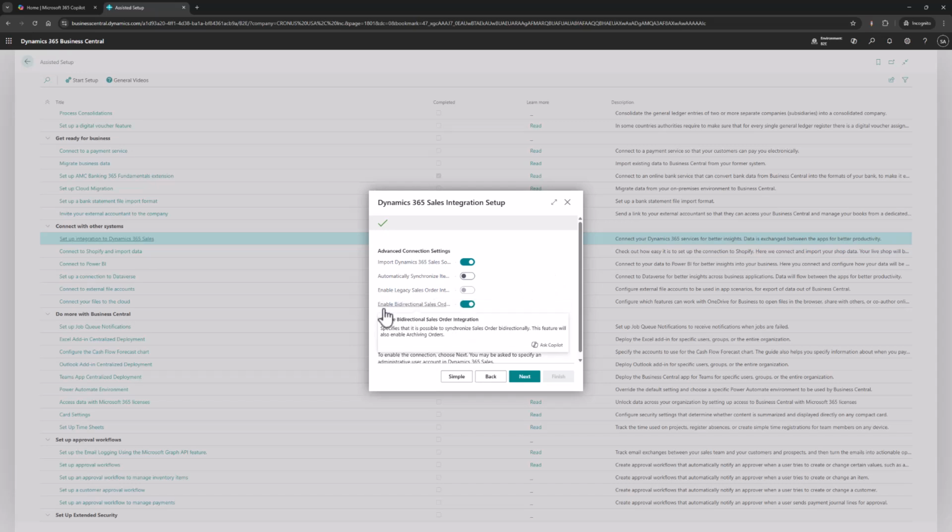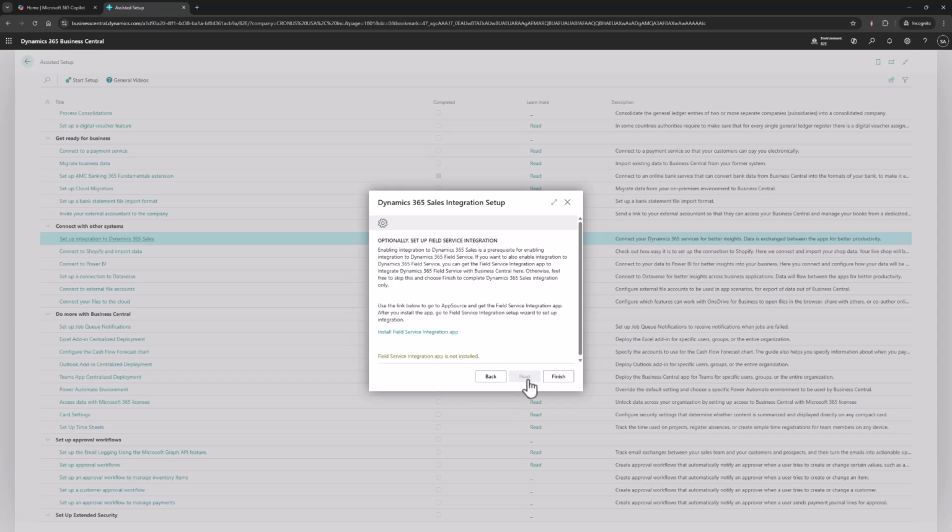With this one, whatever is processed in any of the systems will be synchronized. And the next option is automatic synchronization of item availability, which is really useful so that you can expose on each of the items what the basic availability of this item is. So let's enable it. From here, we can go to next.